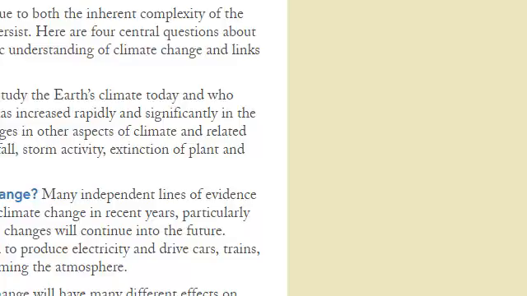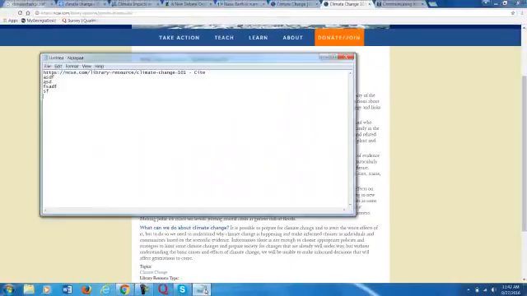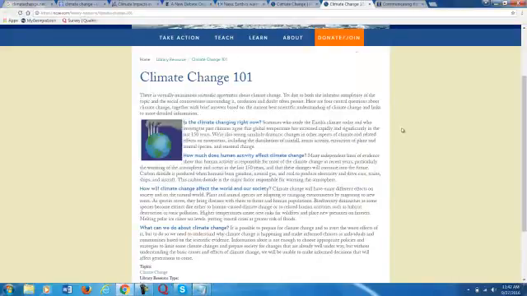Once I do that, I can formulate my thesis just based on the order of my body pretty easily. And then, of course, I don't want to forget to actually cite the sites. So the very last page, references or works cited.